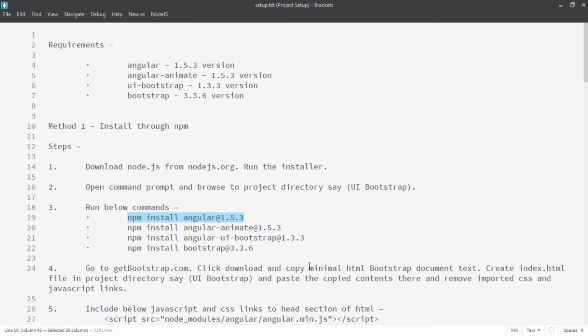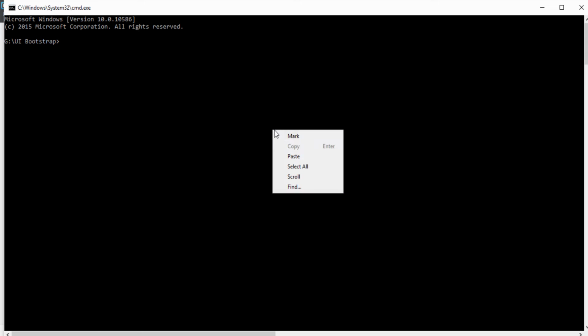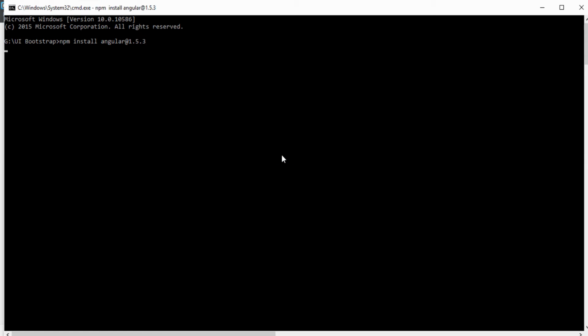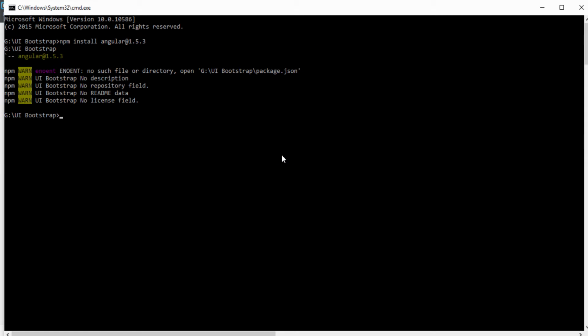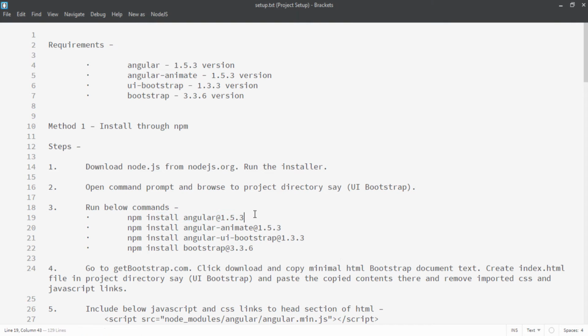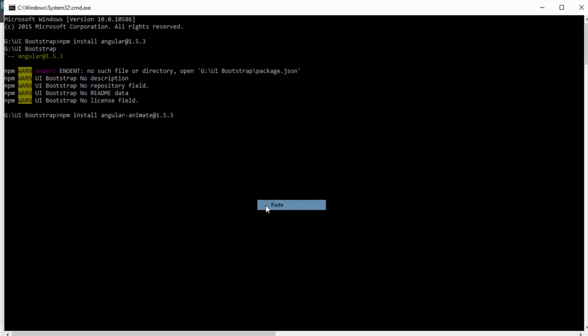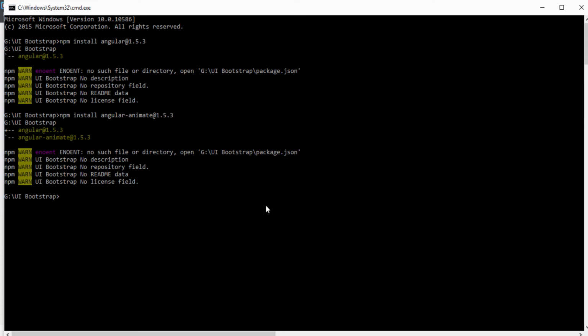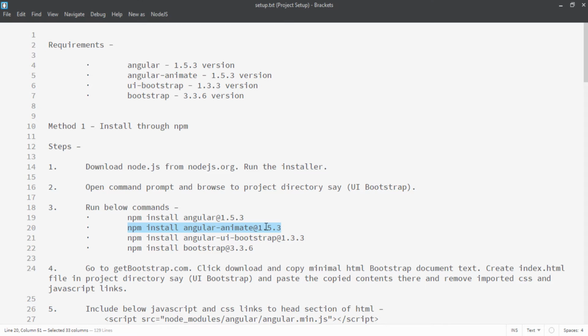First I will run it for Angular. Let's move ahead. Now I will run it for ng animate. Moving ahead, let's now install Angular UI Bootstrap.